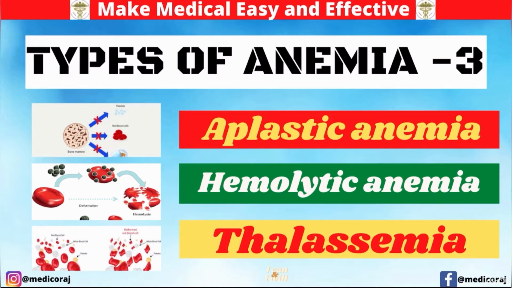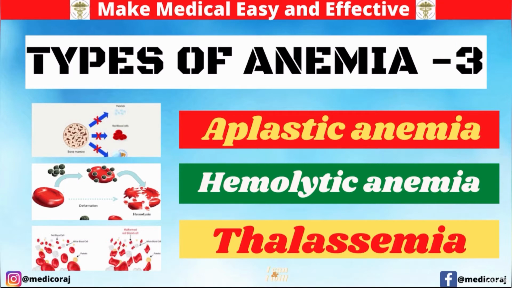I already discussed types of anemia part 1 and part 2. If you didn't watch, go and watch the video, link also in the description. In those videos I already discussed sickle cell anemia, iron deficiency anemia, folic acid deficiency anemia and many types of anemia also. And in this video I will discuss aplastic type of anemia,